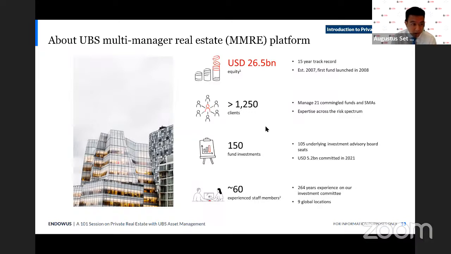We've got a long track record, about 15 years, and we've now built up a pretty global team that has good on-the-ground presence, located in some key markets that we invest in. So we currently have about 150 different investment positions. We have 60 staff in 9 locations in the US, Europe, and APAC. Our team in Singapore, there's 9 of us, so we look after all the APAC investing portions for our portfolios.